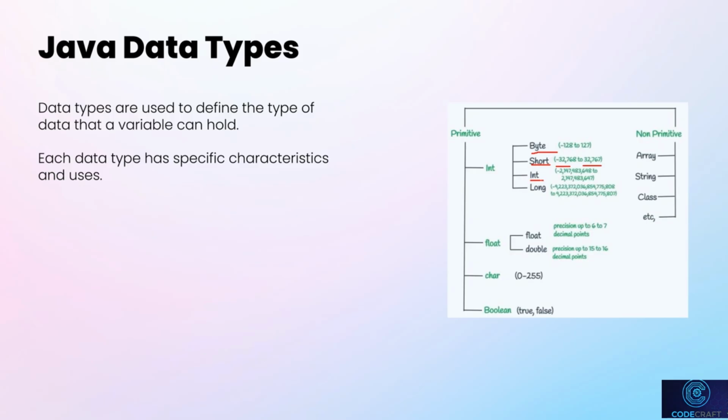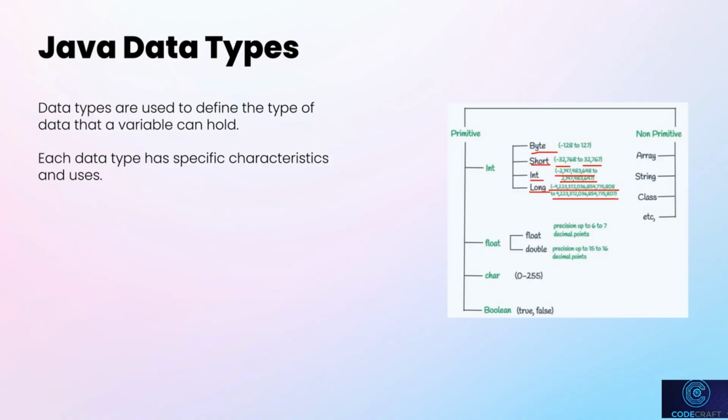Int. This data type stores whole numbers from this number to this number. It's the most commonly used data type for whole numbers. Long. This data type stores very large whole numbers from this number to this number. You need to add a letter L, or small letter l, at the end of the number to indicate it's